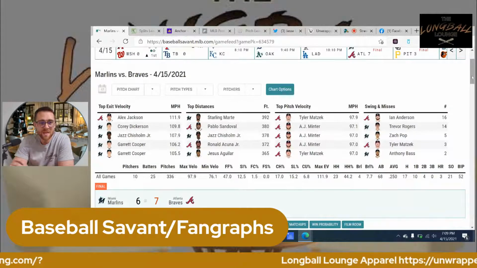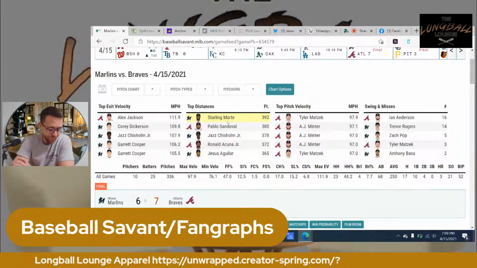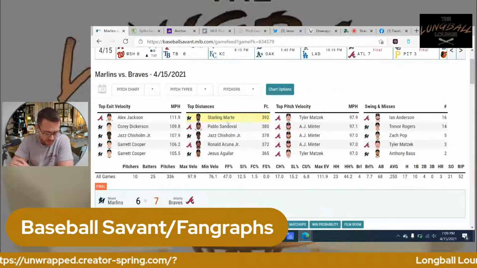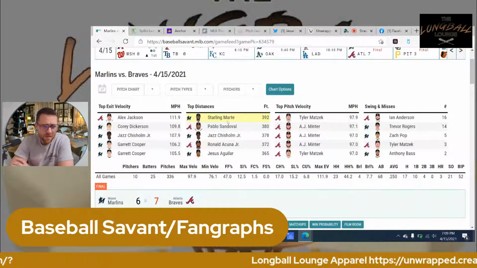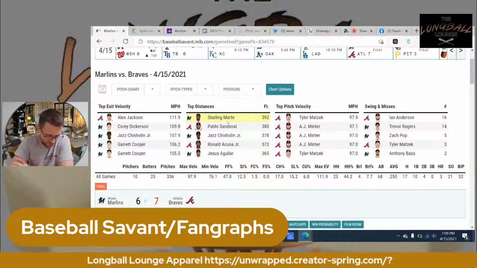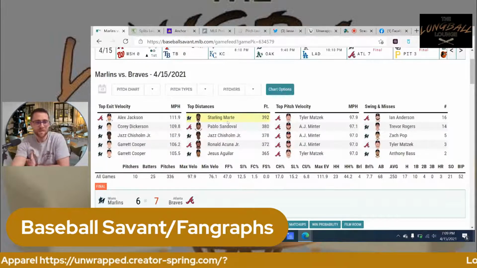You can see in this singular game, exit velocity, Alex Jackson had the hardest hit ball of the day. Just for grins here, let's see what that ball was. Oh, that was an out. See, that's where, some of this stuff, he got unlucky.